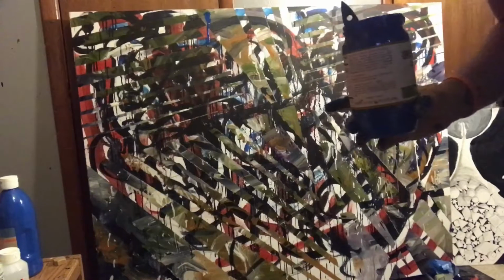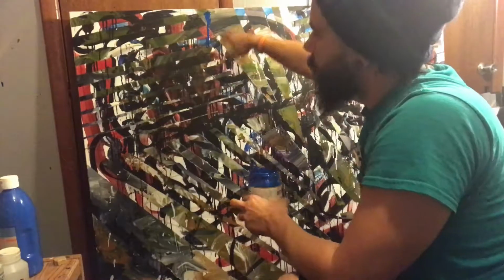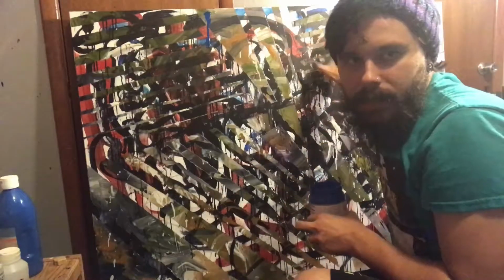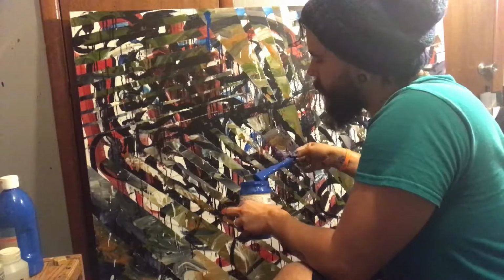Now I'm gonna come over here, and I'm gonna put some right there. Just let it dribble. This is a weird angle. I'm gonna get down on my knees for this one. Now I'm gonna try to get a blue streak, splattery, and then maybe add some more splattery elements to the rest of the painting. The way I like to make splattery paint-spreading things is I like to just keep adding to the same little spot, and eventually